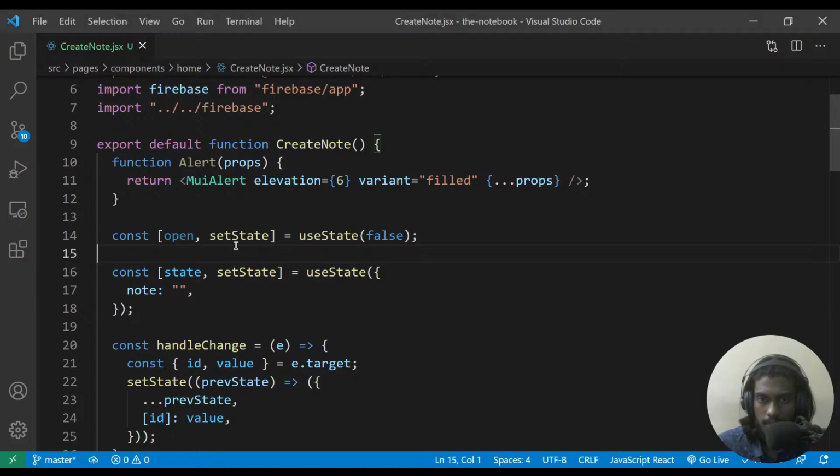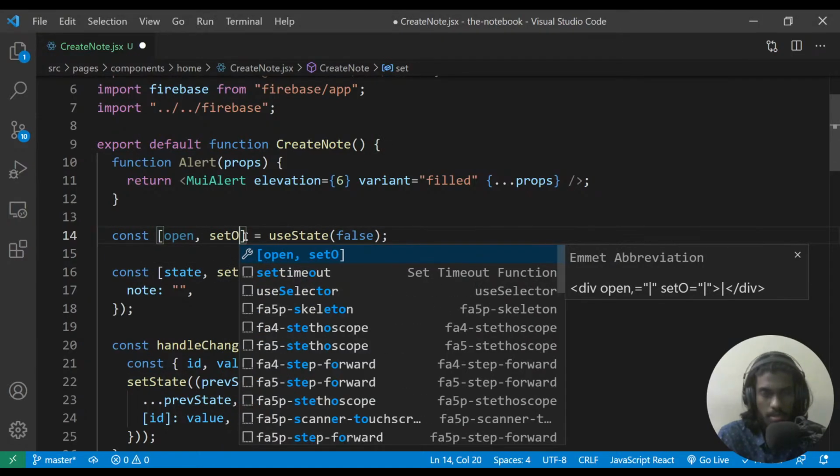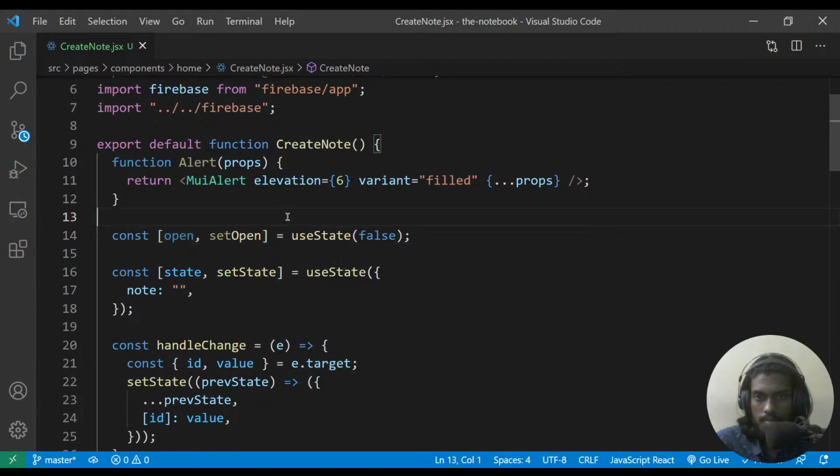Oh, okay, I'm sorry guys, we made a small mistake. We'll have to change this to open. Set open over here. Just make that small change, line 14, change it to set open, not set state. I'm defining a custom